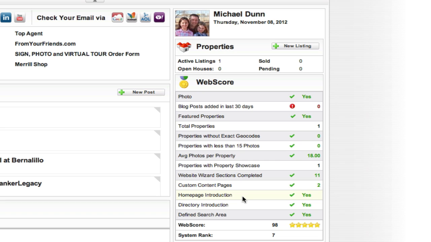The homepage introduction is basically what happens when somebody goes and searches for agents. Do you have a little short bio that shows up? And we'll look at this more in depth when we get into the website wizard section of these video tutorials. The directory introduction basically shows a little snapshot of your information, making sure that it displays properly and correct. If you have a red check mark here, you're probably going to want to go watch the video on the